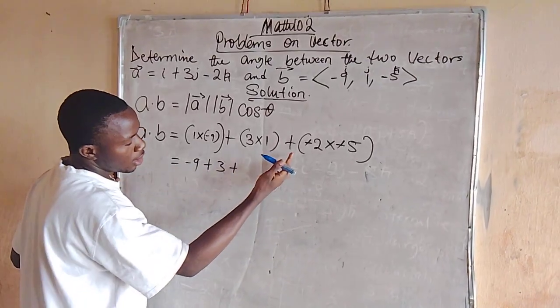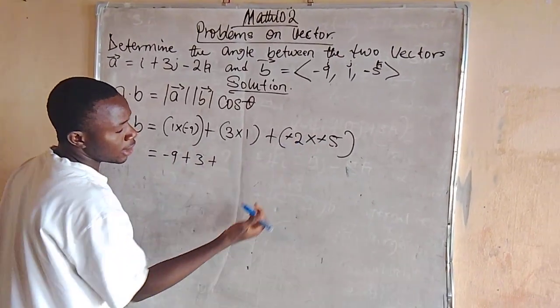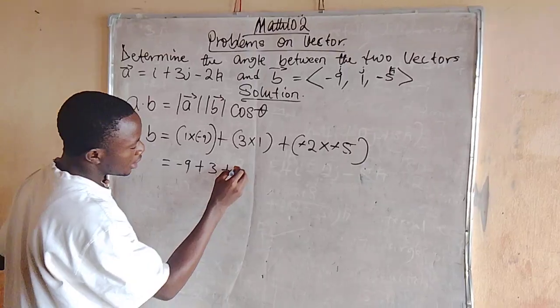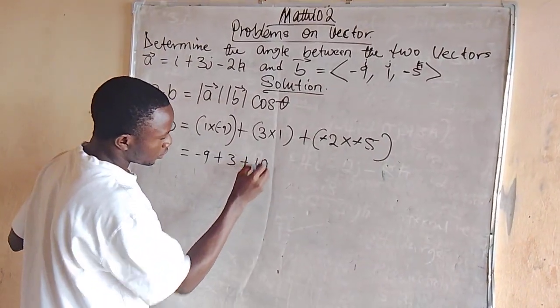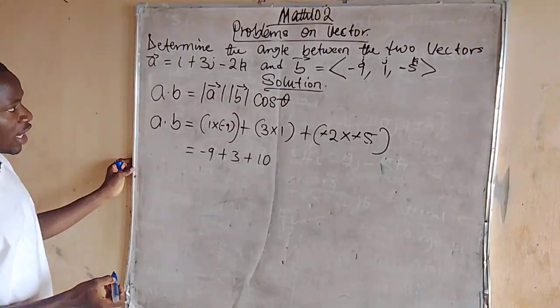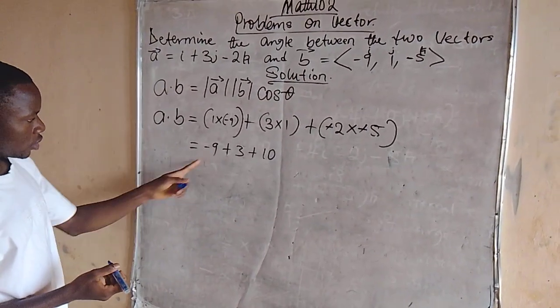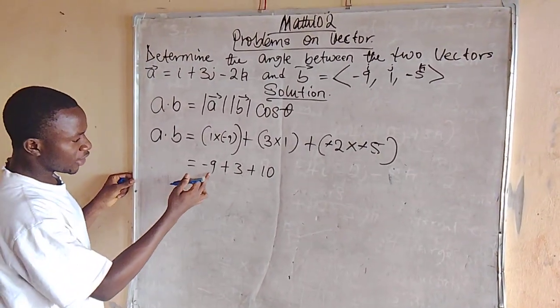So it's plus 2 multiplied by 5, we are going to have 10. Is that taken? We are going to have 10. So if you add this together, -9